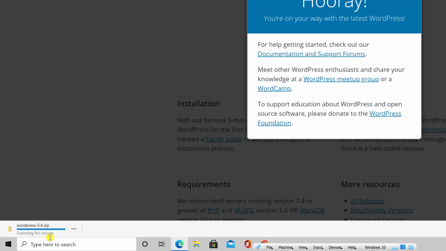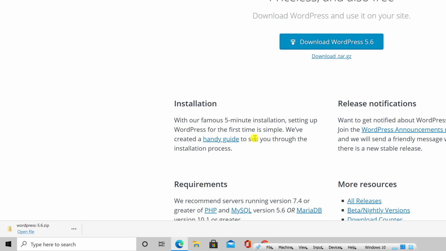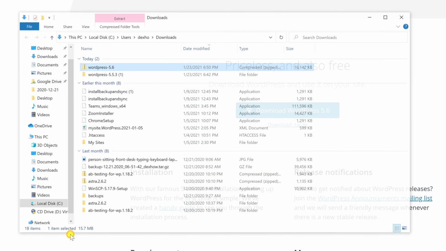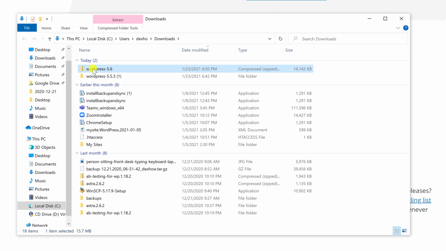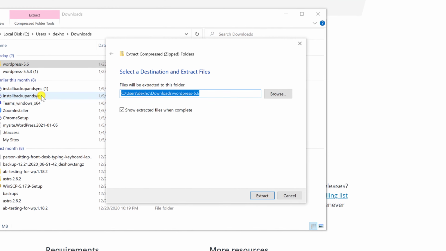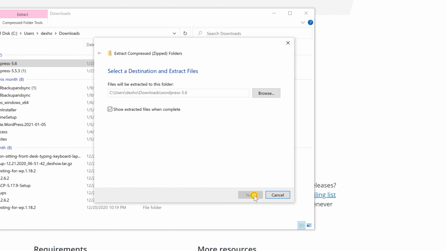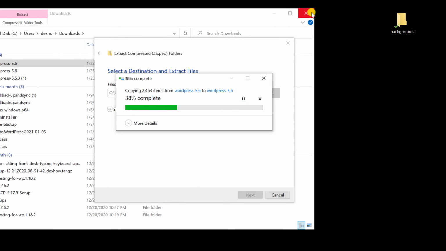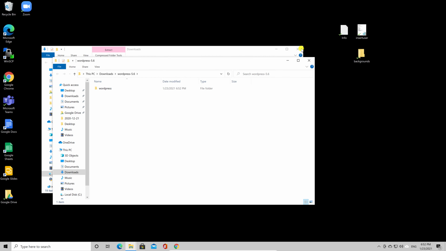After the file is finished downloading, let's go where it is saved. I will click on the 3 dots near the file name. Click Show in Folder. Right-click on the file you just downloaded. On the menu, select Extract All. Click Extract and wait until the process is finished. I will fast forward. Now we can close all windows that are open.